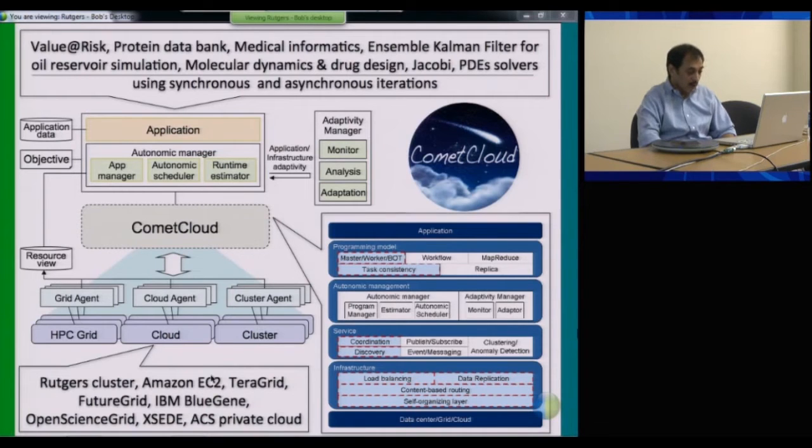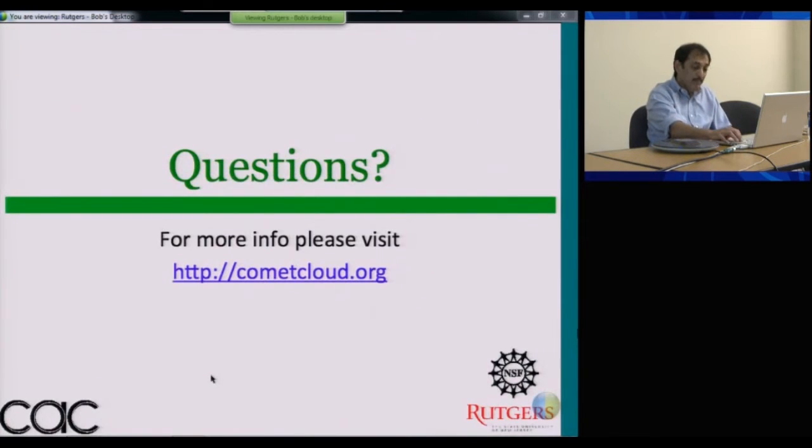We've also run it on a range of infrastructure that you can federate, including clusters, public clouds, and more specialized resources such as the Blue Gene, the Exceed platform, and Open Science Grid. So we have tried to create agents that allow you to build your application across a variety of different infrastructure. I'm going to pause a little bit for questions,